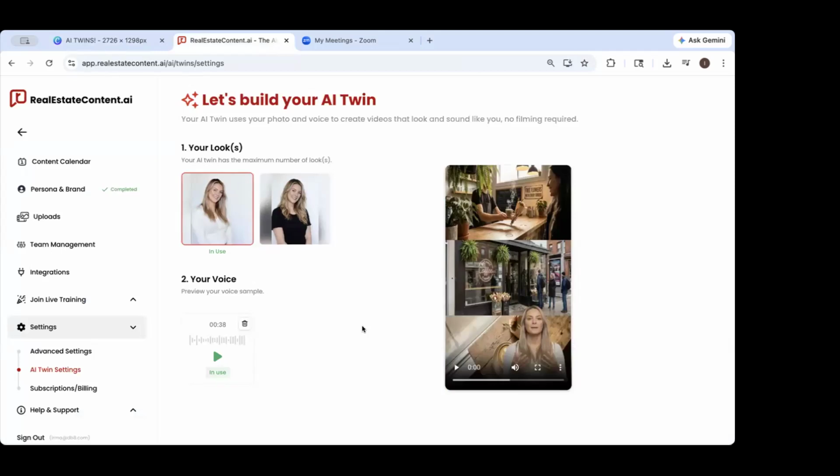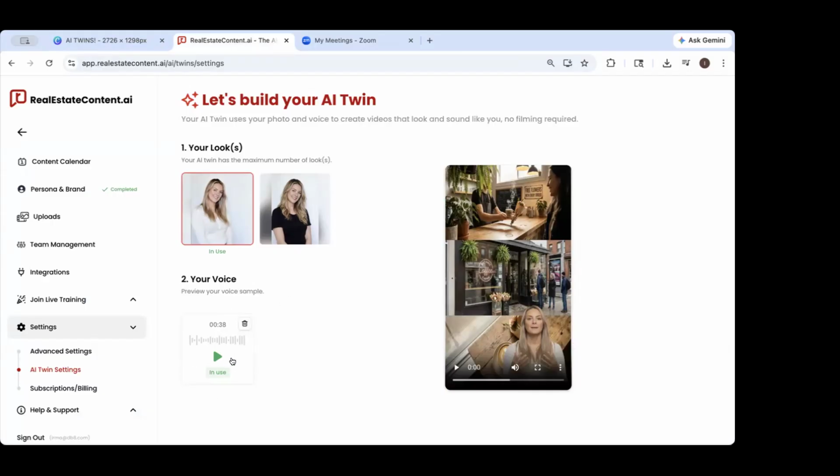This is the perfect place to add 2 headshots where maybe you have a different hairstyle or a different outfit, just a different look so that you can switch up the look of your avatar. You cannot upload 2 different human beings in here. So I can't do myself and Tiara, because the platform will notice that this is 2 different people and